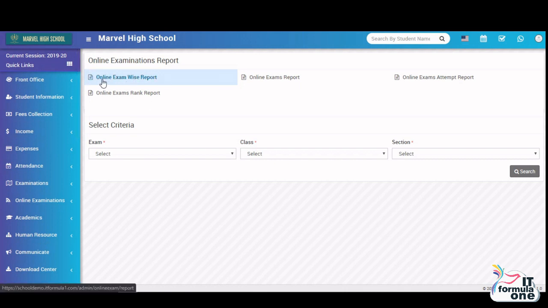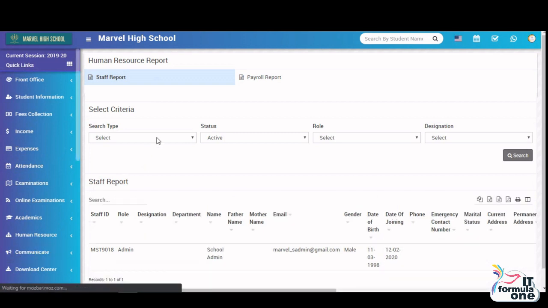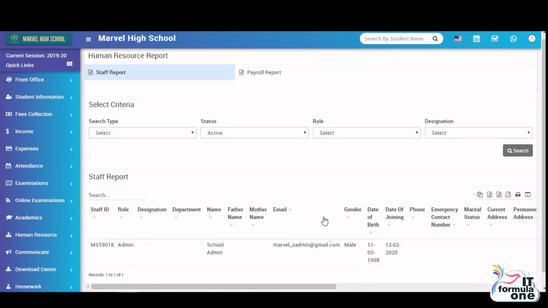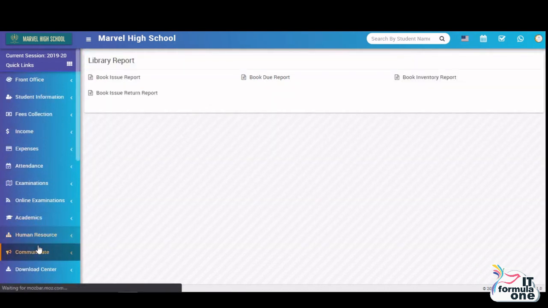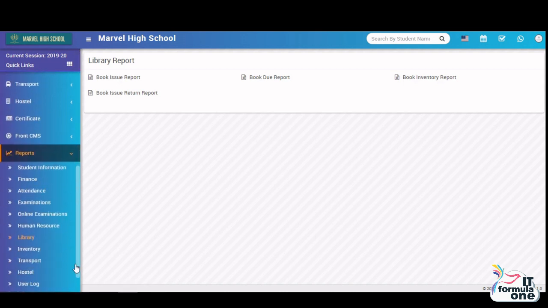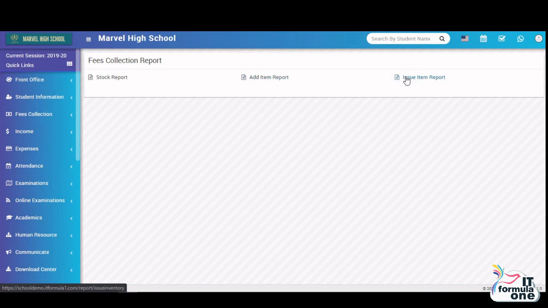online exam wise report, online exam report, online exam rank report, online exams attempt report, and then human resource report, payroll and staff report, both. You can select by this. And then library, and then inventory, book issue report, book return, book due report, book inventory report, and then you have inventory report, stock report, add item report, issue item reports,